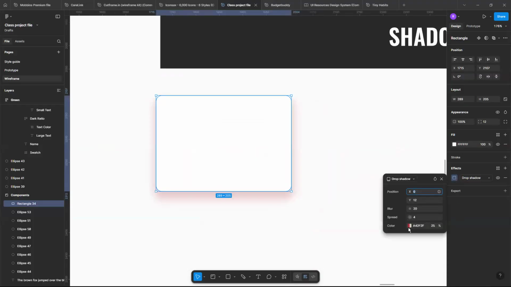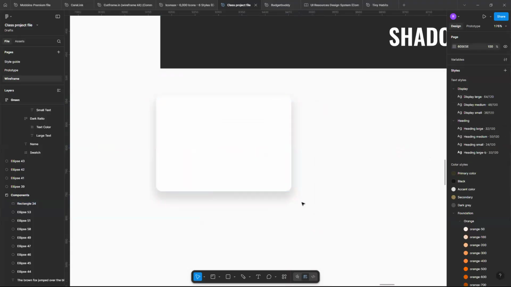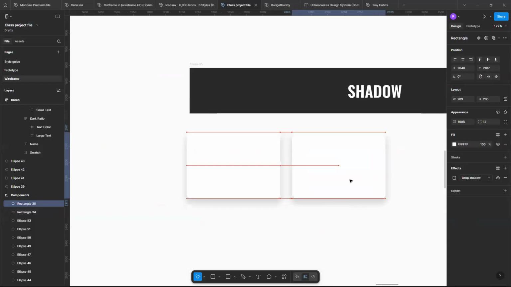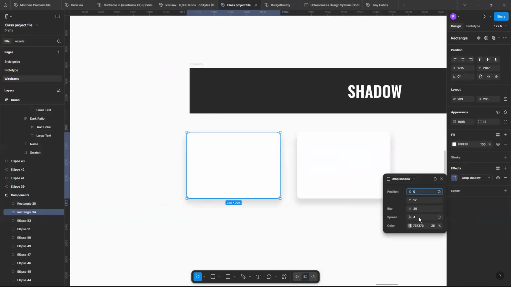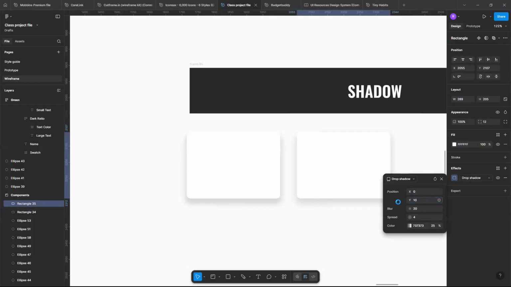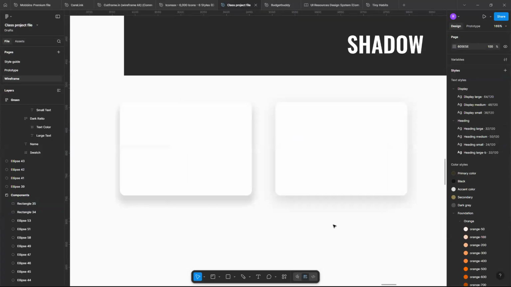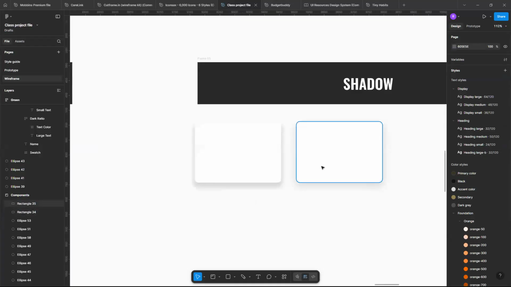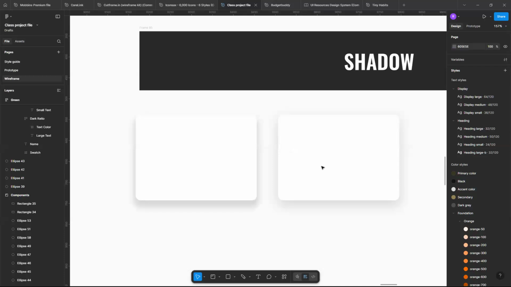But let me change this to black. Just simply go here and I'm going to change this to black. Right. Right now, so these are two different shadows, right? So I might decide, okay, I want to use this shadow for icons. I want this shadow for cards. And so depending on the hierarchy of my text, my different use cases for different shadows, but I want it